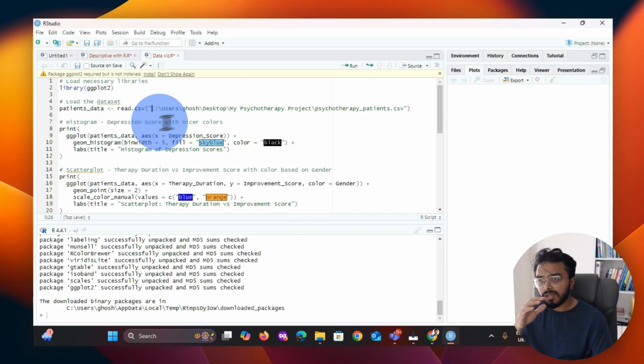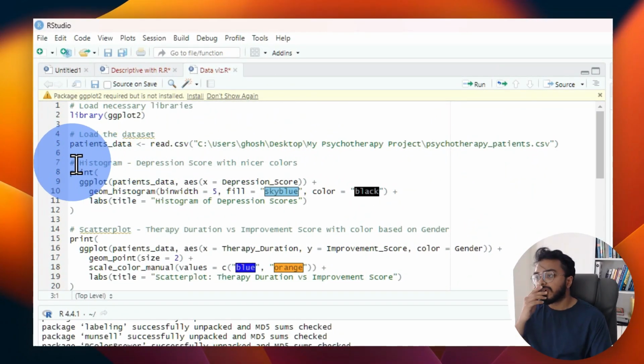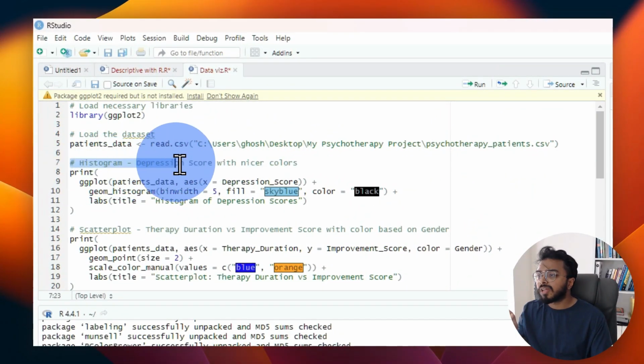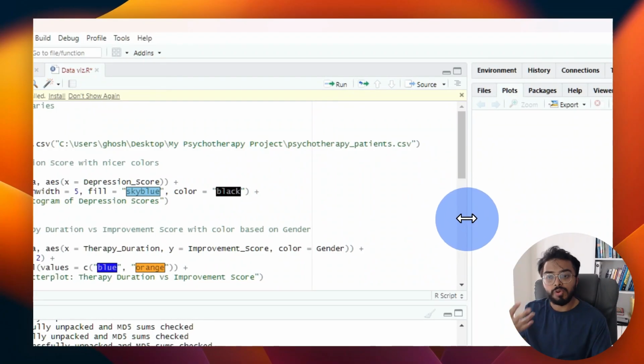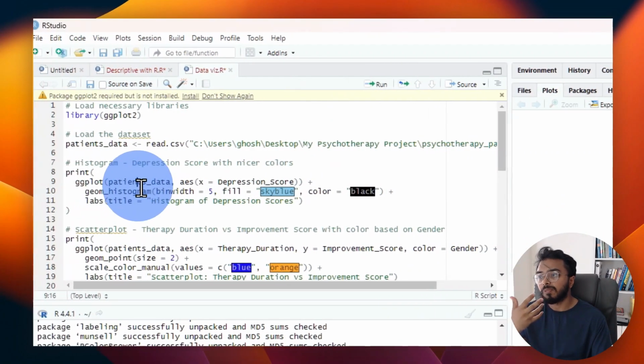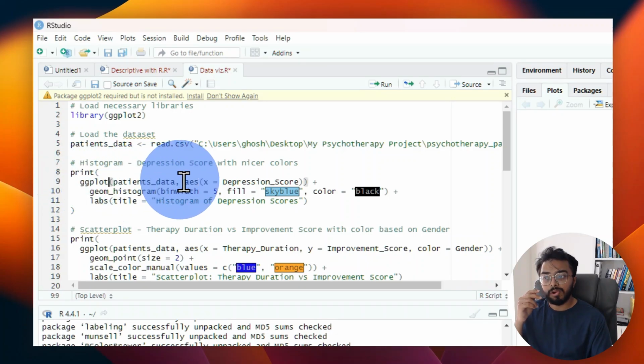You can think of it as sort of layers. But to keep it simple, if you look at the code for the histogram, we are giving this print command, which means show or generate or create a plot. And we are also calling in ggplot, the patient_data,